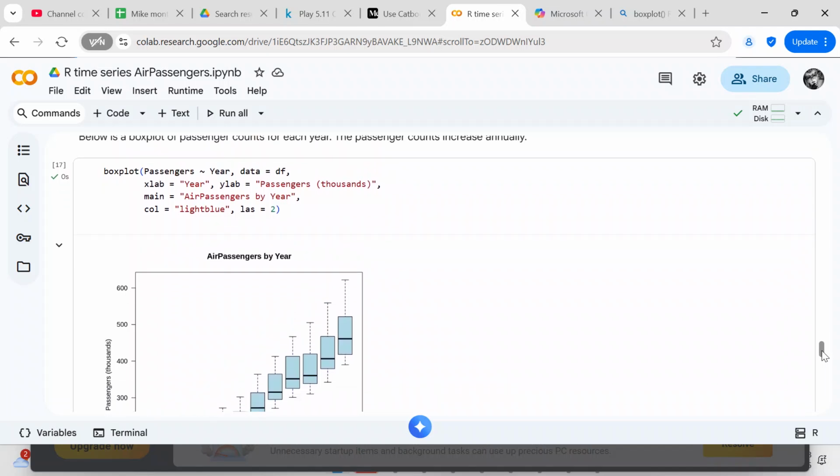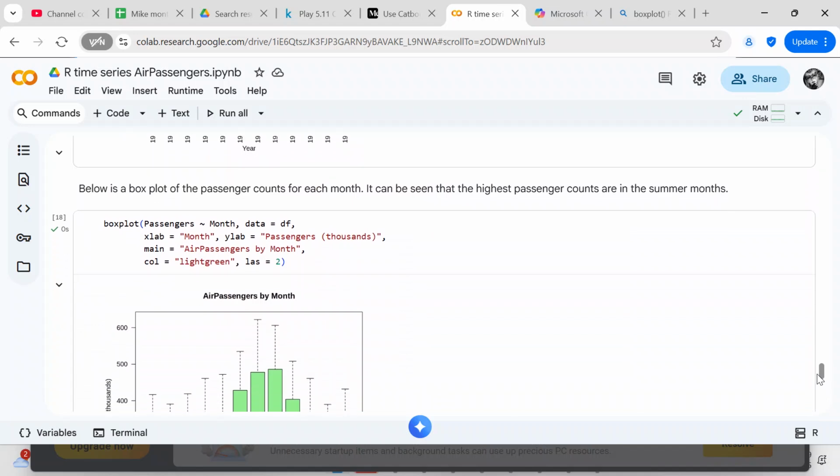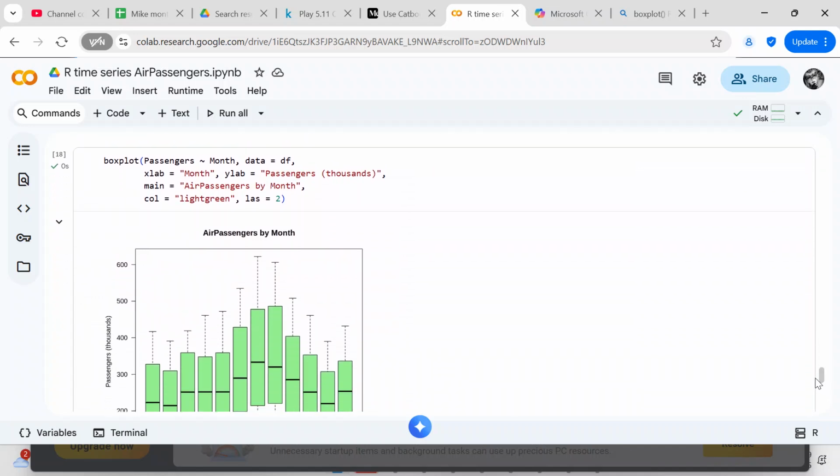boxplot(passengers ~ year, data=df, xlab="Year", ylab="Passengers (thousands)", main="Passengers by Year", col="lightblue", las=2). The squiggly symbol, I think, is called a tilde. So you can see here's the box plot for every year, and you can see that every year the passenger count increases. Now we're going to check the box plot for every month, and the only